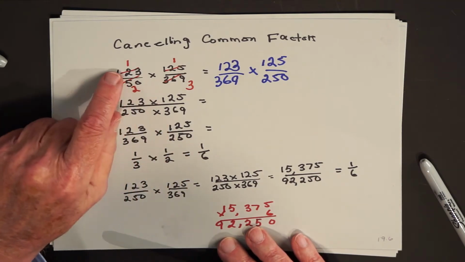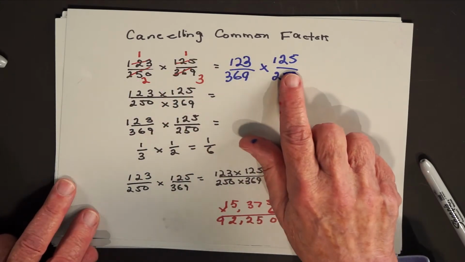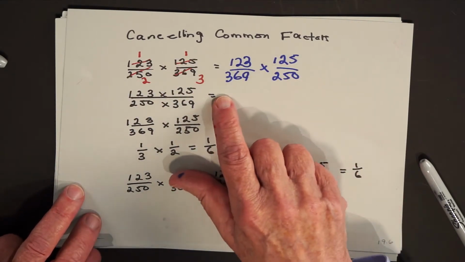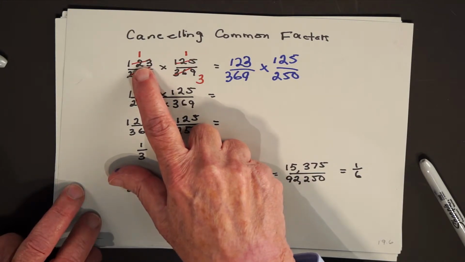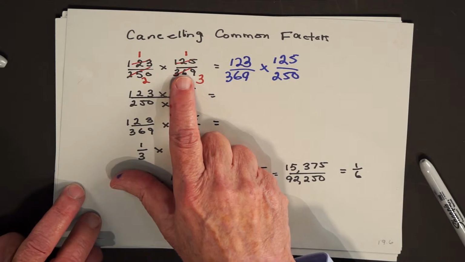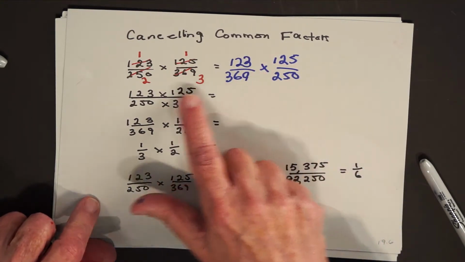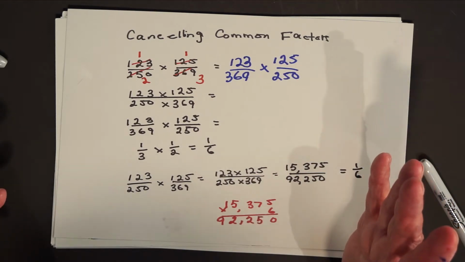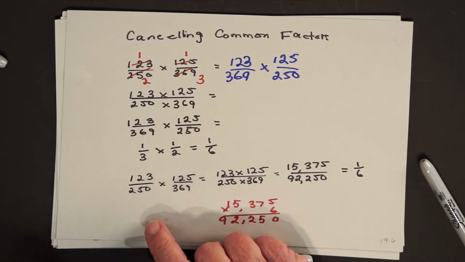But the beauty, all this really did was to say, look, instead of going through the trouble of rewriting this, notice that to cancel a common factor, you can cancel any numerator provided there's a similar factor in any denominator. They don't have to be lined up like this because the answer is going to be the same no matter which way you do it. Now, the reason I don't like to teach students to do this